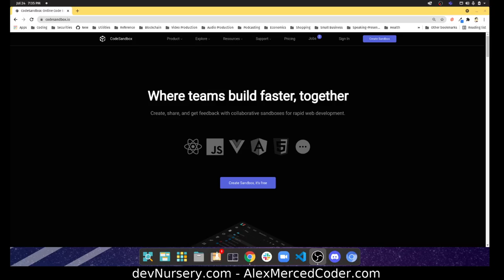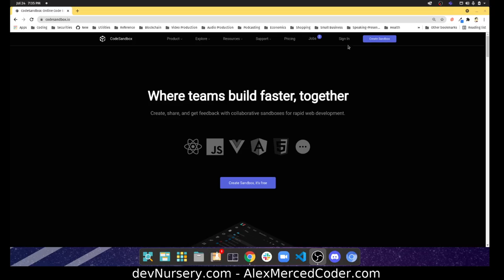CodeSandbox. I've done this before, but I did it across multiple videos. So my goal in this video is to have one video that goes over how to effectively use it, because sometimes it's a great tool. Let's just show you what it does first. It gives you a way of writing code and trying out code in your browser, which